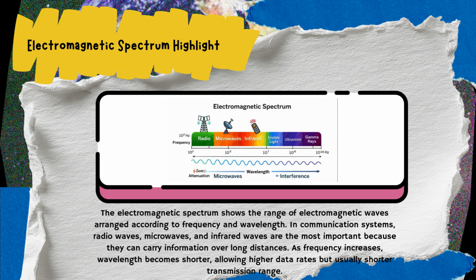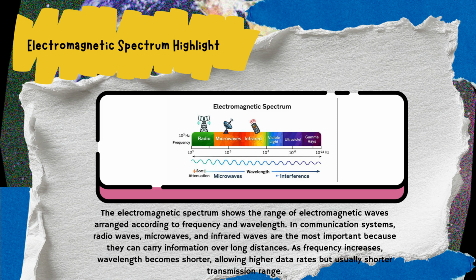For the last of my part, this diagram highlights the electromagnetic spectrum, which represents the full range of electromagnetic wave arranged according to frequency and wavelength. In communication system, different frequency bands are used depending on the application. Radio wave and microwave are the most commonly used in communication system because they can propagate over long distance and